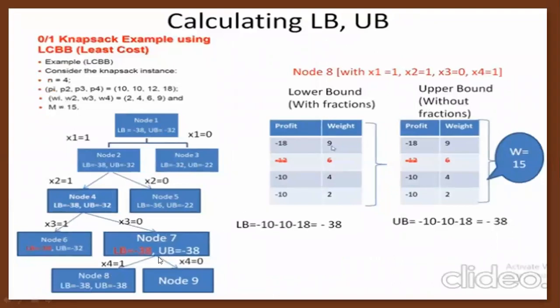So in here the tree was, node 7 was expanded here. Node 7 was expanded here, and if you consider here, you need to calculate the upper bound and lower bound of node 8. While calculating the upper bound and lower bound of node 8, if you consider the structure, first item is to be completely taken, item 1 is equal to 1.